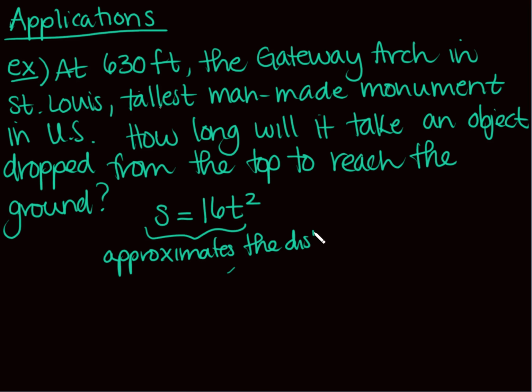The distance S, and this is in feet. If you know anything about acceleration due to gravity, you can kind of see if that was like a 9.8 or 4.9, then I would be in meters. This is going to be in feet because it's 32 feet per second squared is acceleration. So approximate the distance S, in feet, that an object falls freely